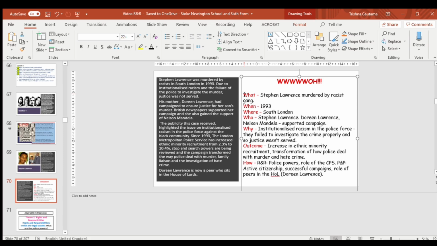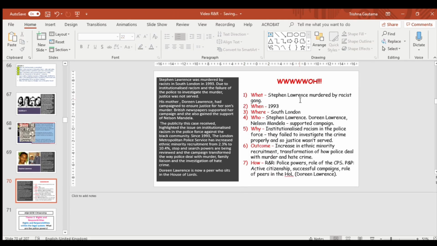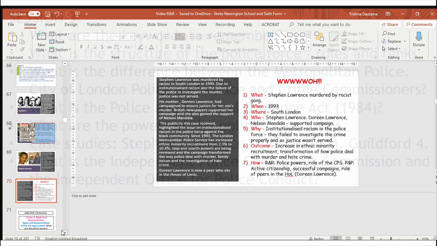Another key bit of advice that I tell my students is number your information rather than bullet point it. Your brain is more likely to remember the numbers rather than the bullet points, meaning that you might go into an exam and say, oh, I remember there were 7 points that I need to remember about the Stephen Lawrence case study, and your brain will automatically use that as a cue to remember those 7 points. Whereas if these were just bullet points, big round circles, you will not remember how many points you had to make. I hope this strategy helps, and we'll be rounding off this session in the next video.